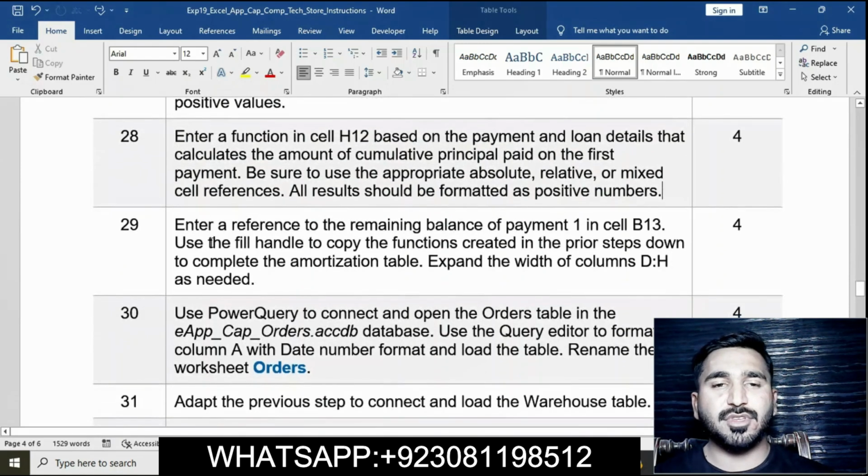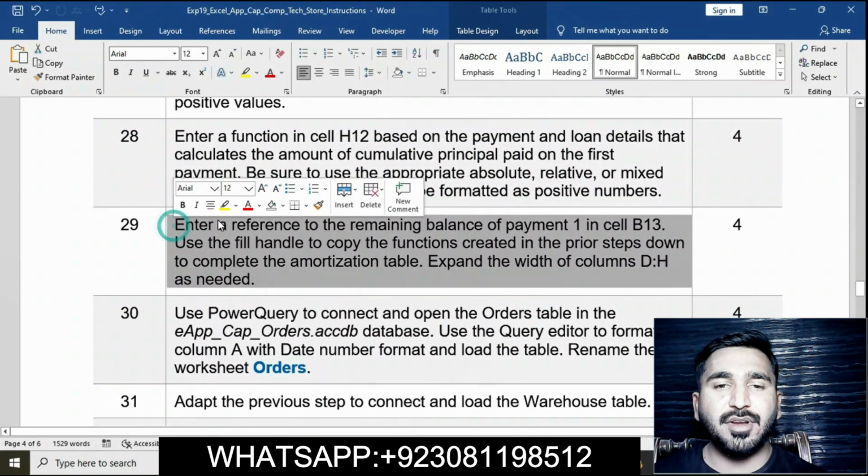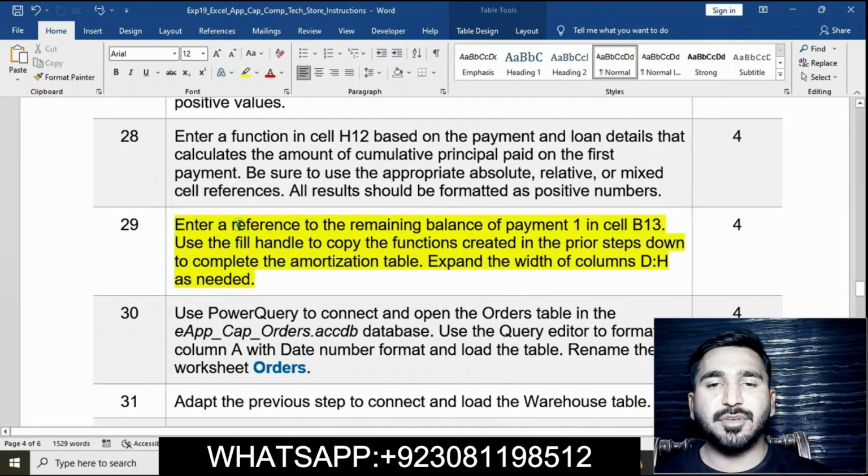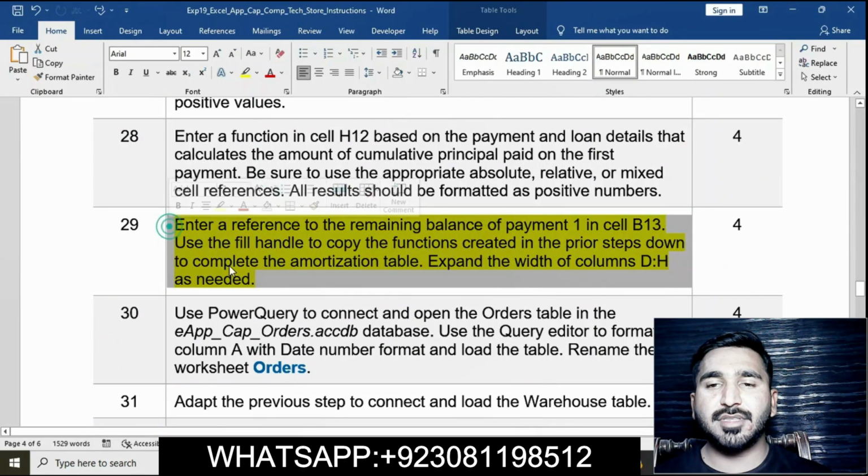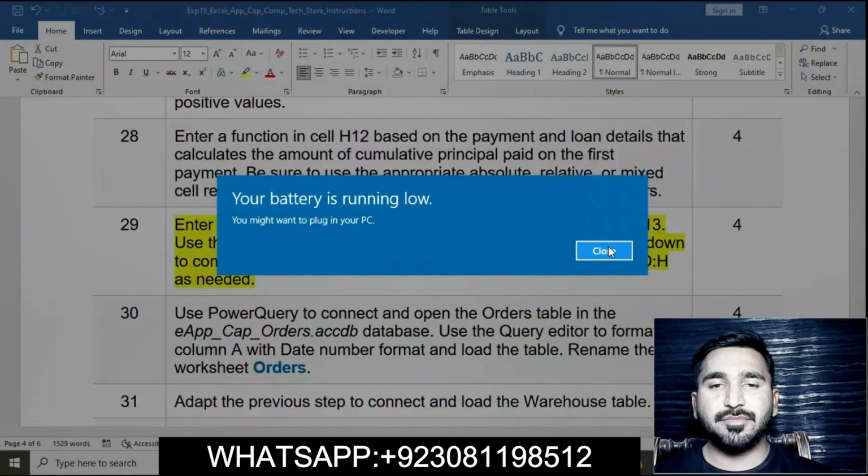Okay, now moving on, question number 29. Enter a reference to the remaining balance of payment 1 in cell B13. Use the fill handle to copy the function created